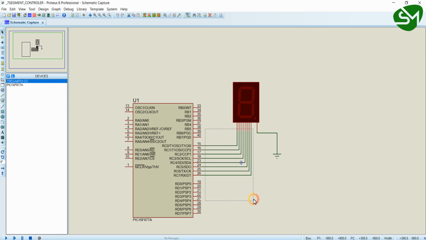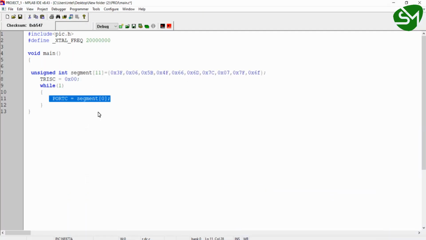As this 7 segment is connected to port C, if I write port C equal to segment of 0, which is nothing but 0x3f, and if I write port C equal to segment of 5, this will print 5 in the 7 segment display, and correspondingly whatever number I write here from 0 to 9, the corresponding number will be printed on the 7 segment display.